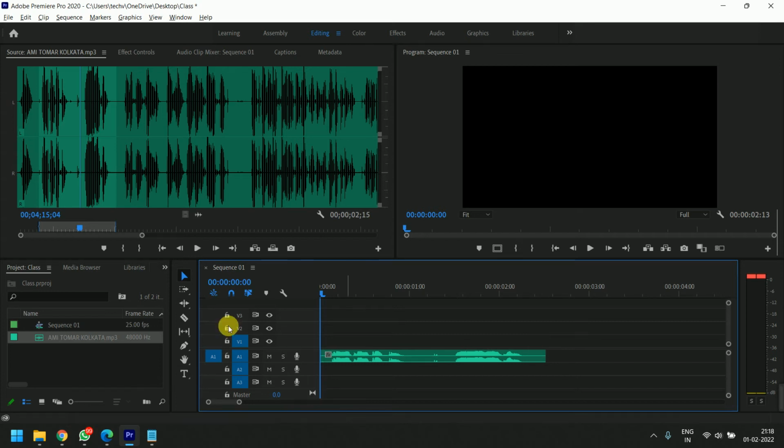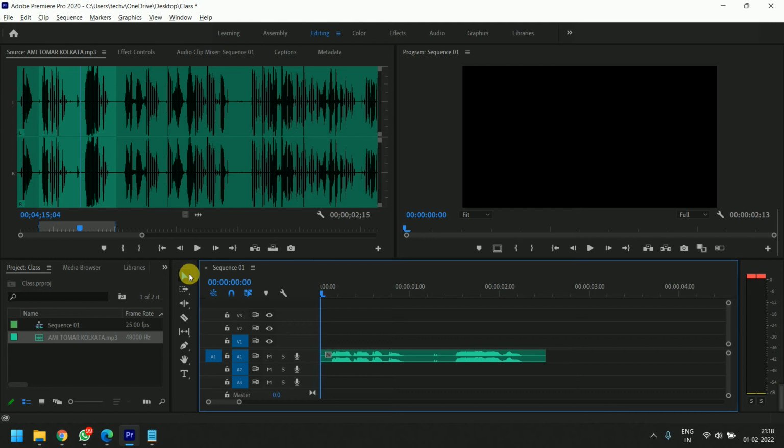So now I'm using only one tool. Its name is selection tool. I'm using no other tool, only this one single tool. Its name is selection tool. The shortcut command is V. It is already the default selected tool. When you open Premiere Pro, it is already the pre-selected tool, right?